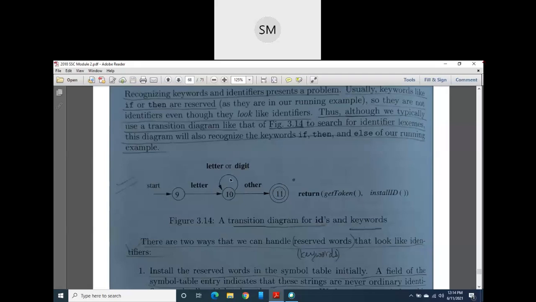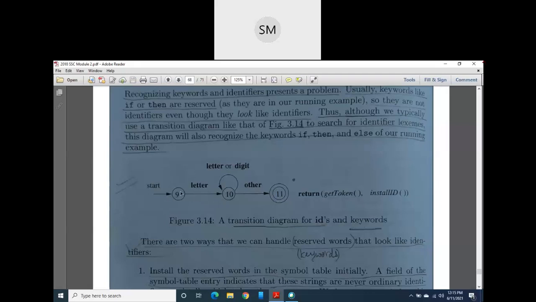And if you try to scan our keywords also, almost all keywords are just a sequence of characters which are in lowercase letters. So the same transition diagram will be applicable for our keywords also: letter followed by n number of letters. If anything other is found there, like a space or an open brace or an open parenthesis, then it will reach the final state. Because if you consider the if statement, how do you write it in your C program?